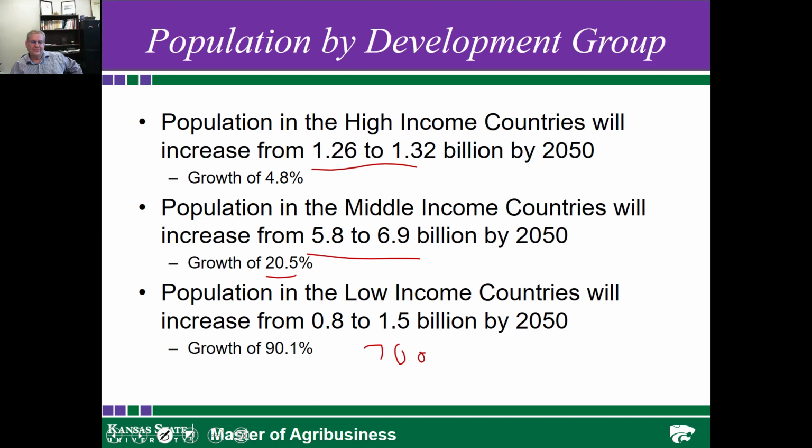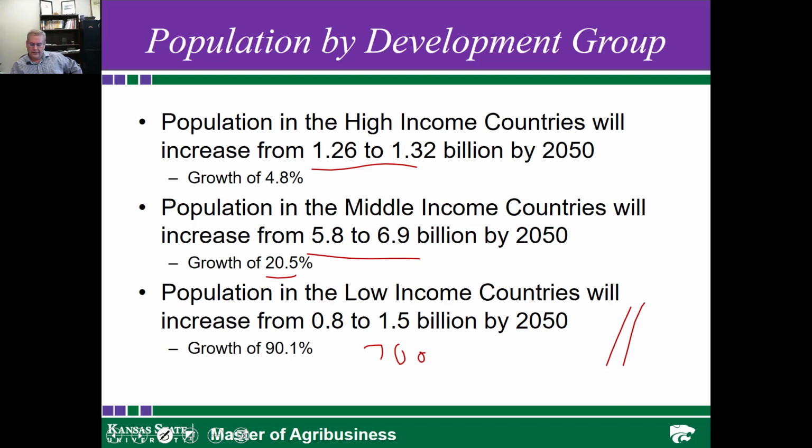And again, if you're looking at this, it's probably not where you would want to place a lot of people, but the growth rate of population in low-income countries is expected to be about 90% over the 30-year period, about 3% a year. Growth in the middle-income countries will be roughly 21%, about 2/3% per year. And the growth in the high-income countries is less than 5%. And so certainly I think the big concern here is where the people are going to come in. The projections are that they will be in those low-income countries.